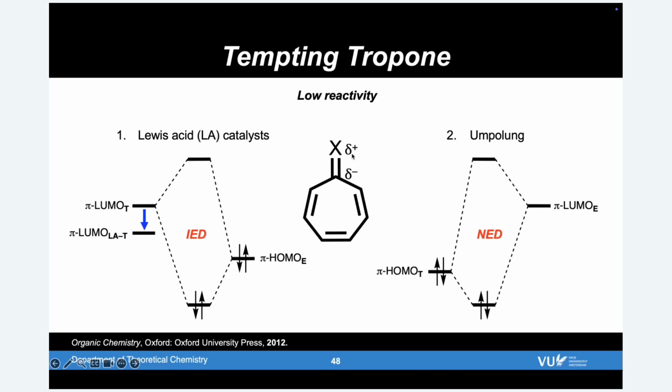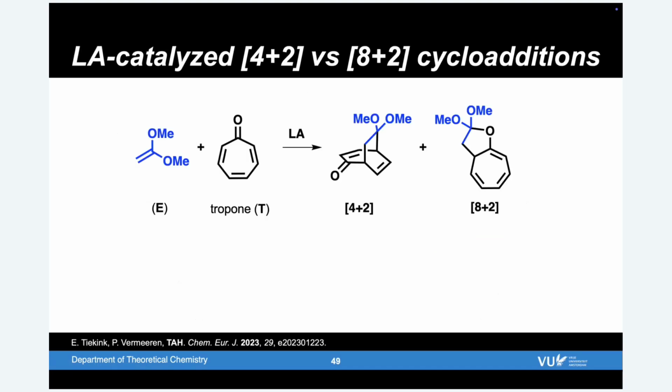So if you push charge in, you're going to be destabilizing your pi HOMO via, say, antiaromaticity, for example. So this is aromatic. If you're pushing charge in, then you're going to have, say, 8 pi electrons here. Okay, so the Umpolung strategy would destabilize the pi HOMO, and that too would lead to a smaller HOMO-LUMO gap, and thus more stabilizing orbital interactions, and thus a lower barrier. So we studied